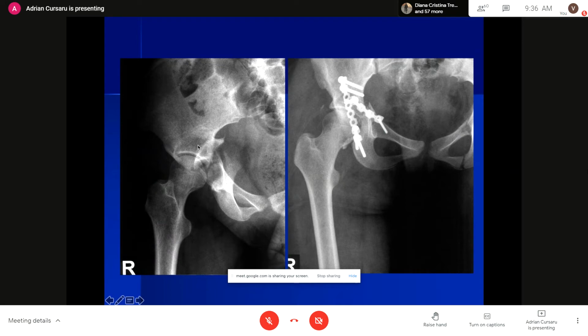An open osteosynthesis was made. Why? Because you have to make an anatomical reduction to put the bone fragments in place and to rearrange those fragments anatomically. Why? Because the complication in time is hip